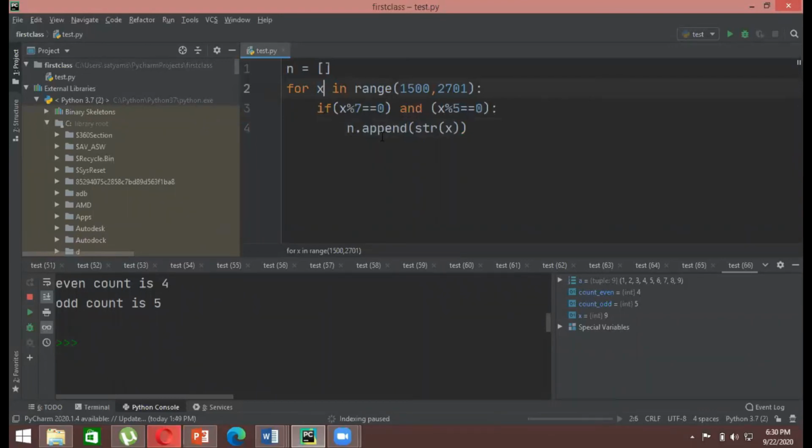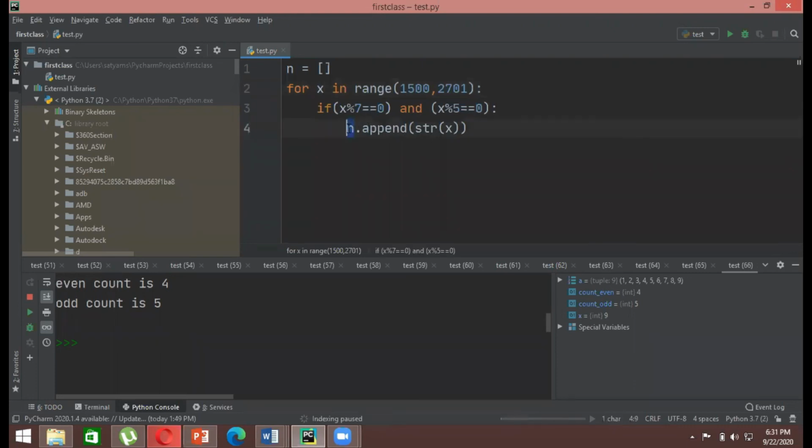For example, when this first condition runs, let's say कि हमारा program एक number लेता है 1510 suppose, तो वो 1510 ऐसे नहीं लेगा, वो जो उसने वैल्यू लिया है उसको पहले किसी चीज में स्टोर करेगा, राइट? वो बेसिकली उसको x में स्टोर कर रहा है, क्योंकि हम इस रेंज में से जिन वैल्यूज को उठा रहे हैं वो x के फॉर्म में उठा रहे हैं, इसलिए हमने लिखा है कि for x in the range of this one, right? So that's why we have to write string because x is basically a character, right? That's why we have to specify it as a string. अगर सिर्फ x लिखते हैं तो वो एरर शो करेगा. So we write string of x and then append it.